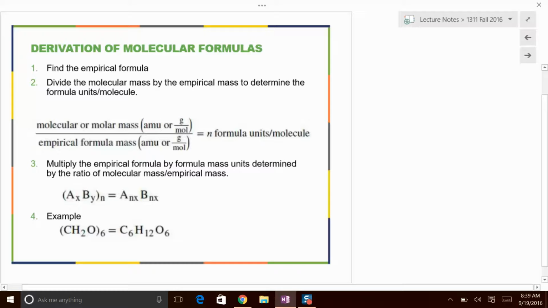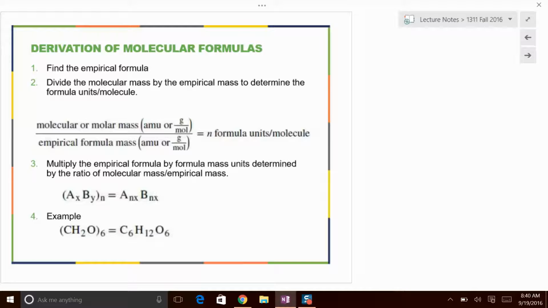All right, now if it's a molecular formula, so that's how I will determine it, if it's the empirical formula of an ionic compound like iron(III) oxide there. Okay? But if it's a molecular formula, then there's a little more work. You do everything else the same. You do all the beginning stuff exactly the same, but then there will be one extra step at the end that you have to do to find the actual